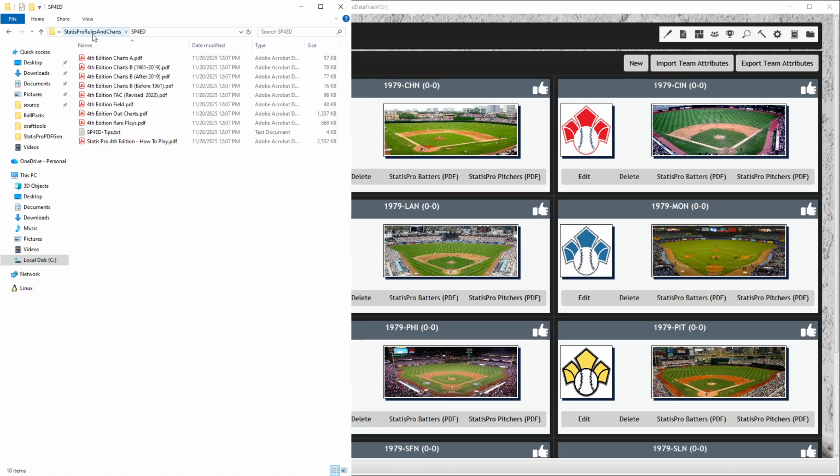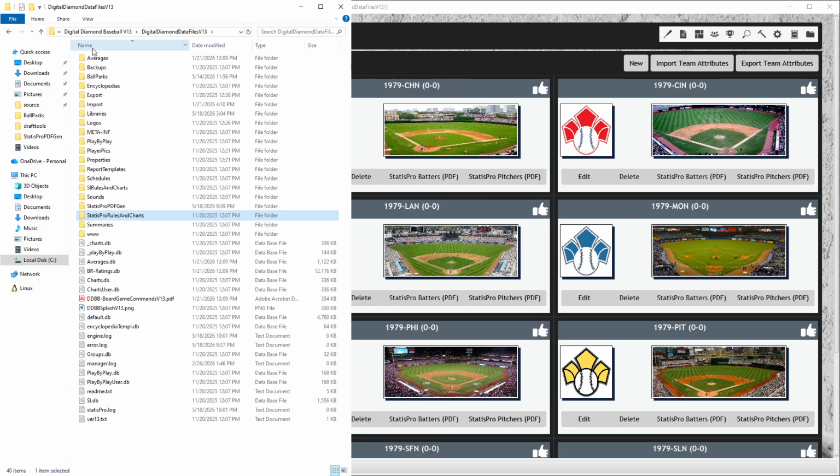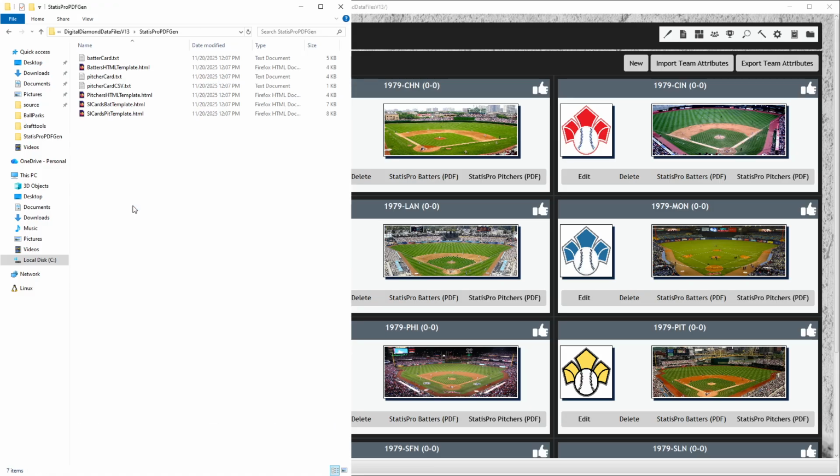And while I was perusing through here and looking at these different files, I found out that there's a directory called Statis Pro PDF Gen. So let's look in here. Inside Statis Pro PDF Gen, there are 4 files that are really important to us: